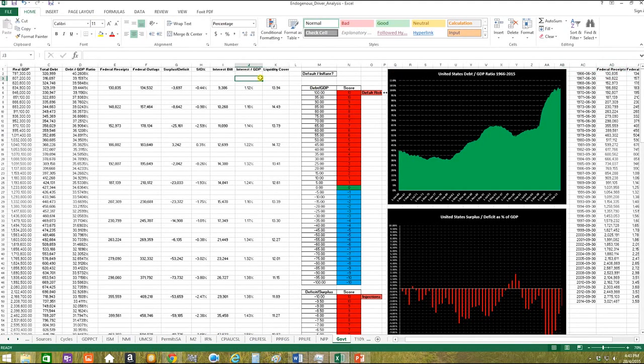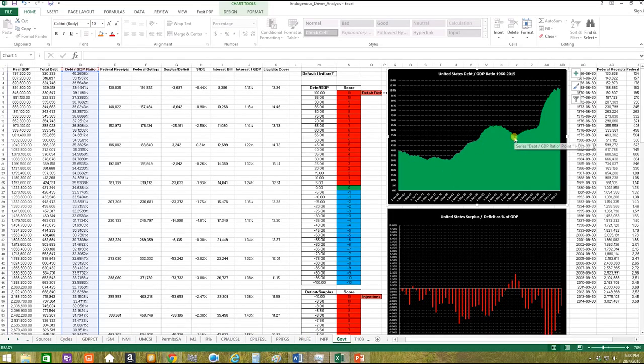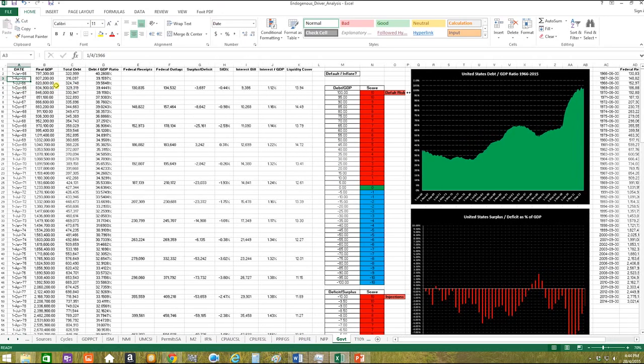So here on the chart, we're looking specifically at the debt to GDP ratio as a percentage. And we can see here going back to 1966, and it's all on the left-hand side, all on one scale. And you can see that we have pretty steady growth up to the early noughties. And then in the early noughties and the mid noughties, it starts to take off. So the government's taking on significantly more debt than in the past.